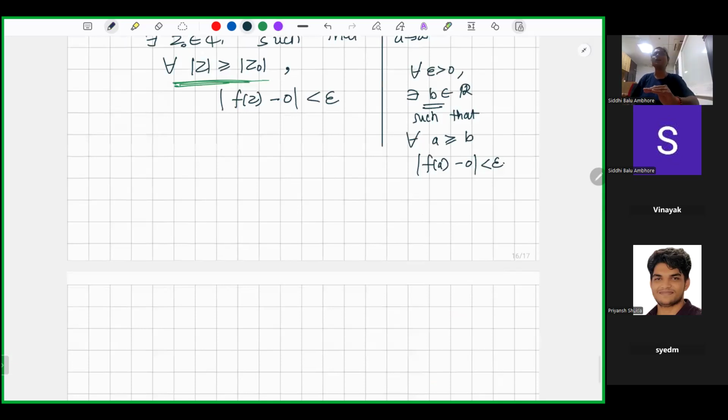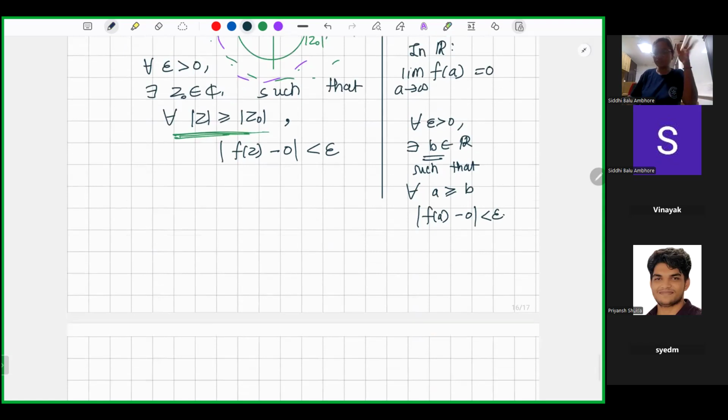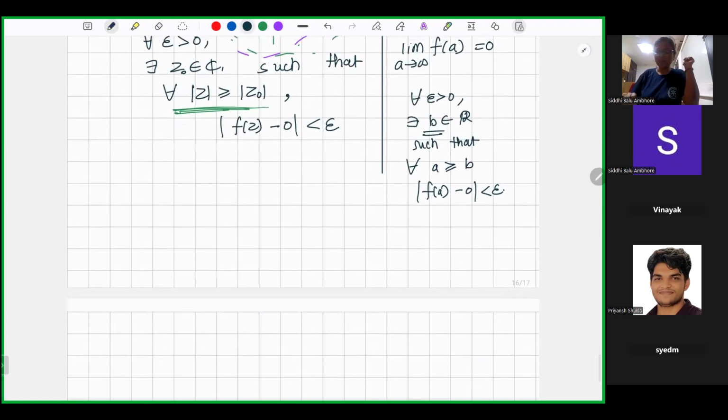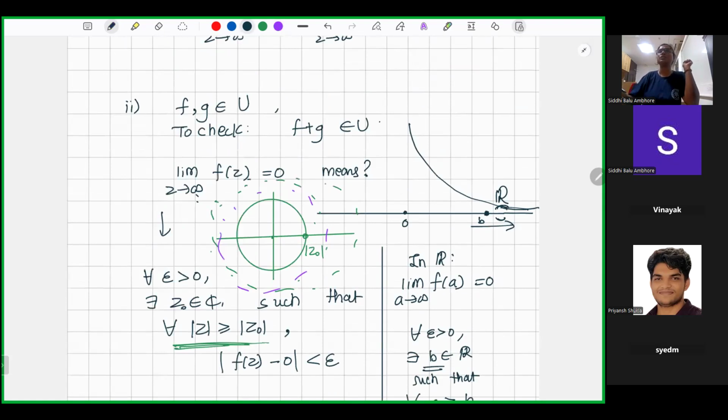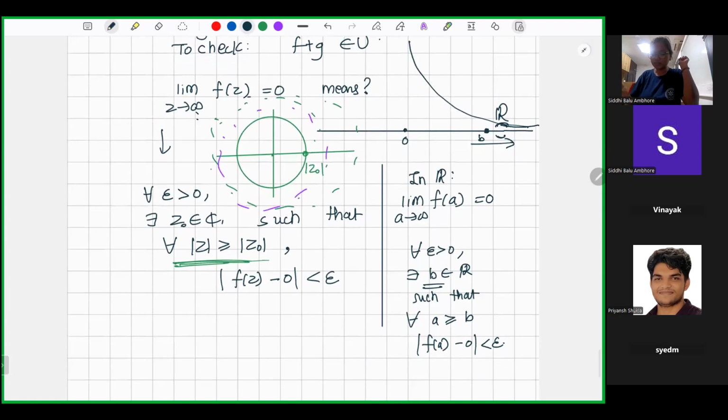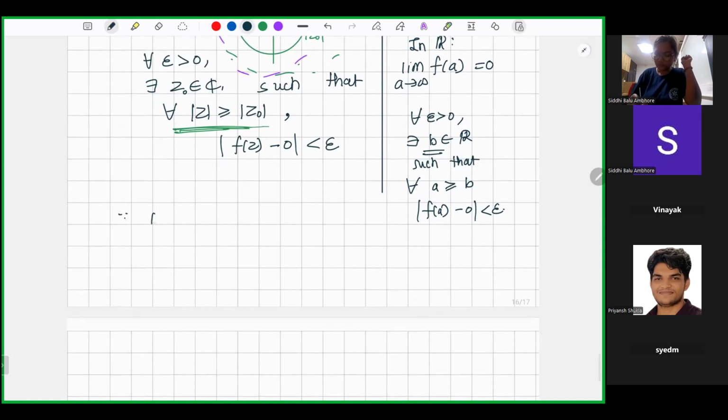So we'll just apply this. We will just use this fact, and we are already assuming f and g belong to U. Since f belongs to U, since the limit as z goes to infinity of f(z) is 0, this implies, for epsilon greater than 0, then for